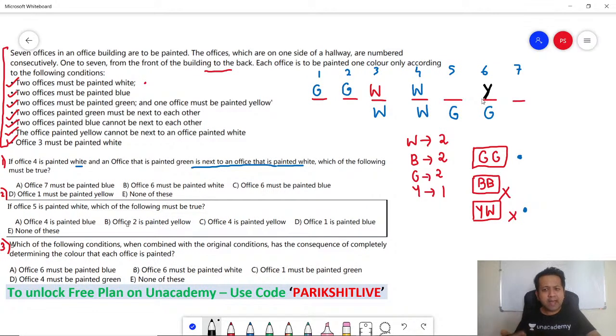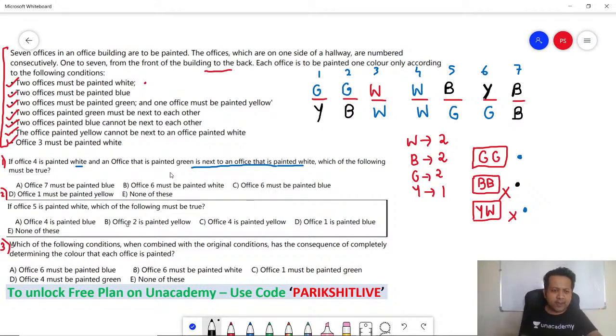And in scenario 2, remember, yellow cannot be next to white. So there are only two possibilities. Yellow has to be here or at number 7. But think about it: if you put yellow at number 7 in scenario 2, the two blues will come together, which is not allowed. So yellow cannot be at 7, so that you have space for blue. You have to have two blues and they cannot be together. So blue can be at 5 and at position 7, or in alternative 2, it can be at 2 or at position 7.